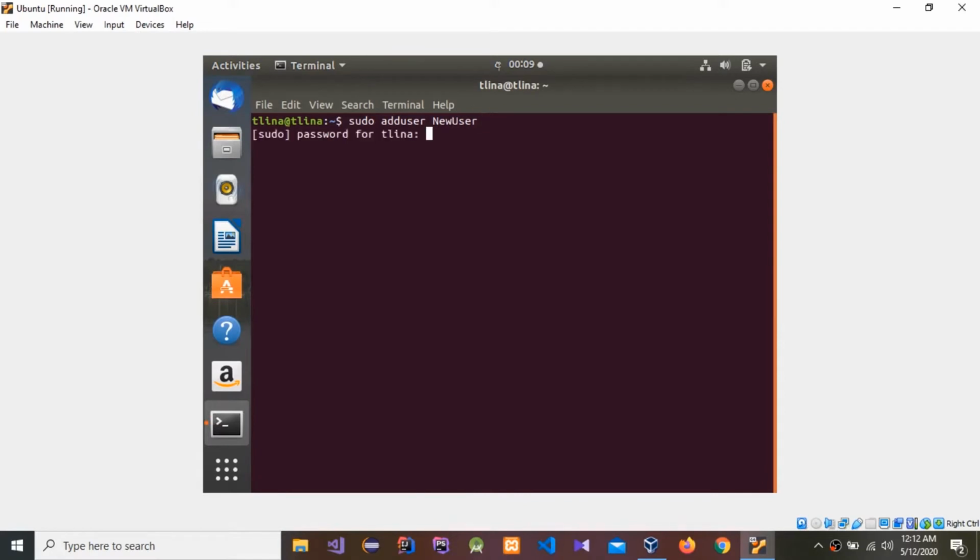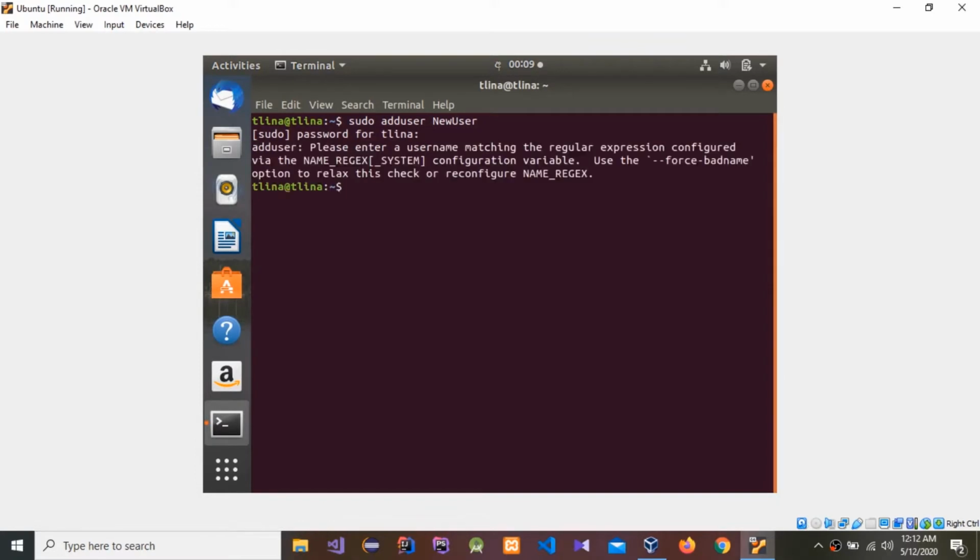You have to enter your login password. Sometimes it works, sometimes you have to change some word. You can see here, use the force bad name option to relax this check or reconfigure this name.